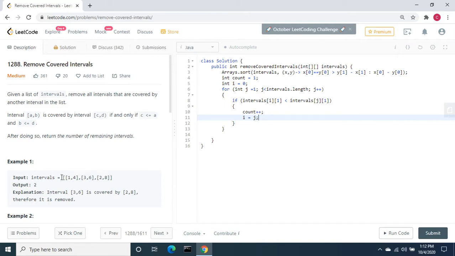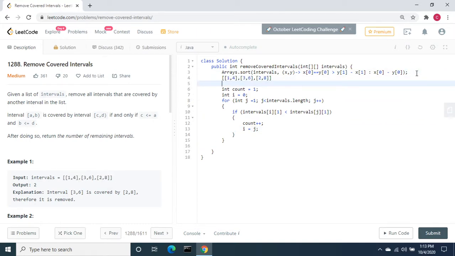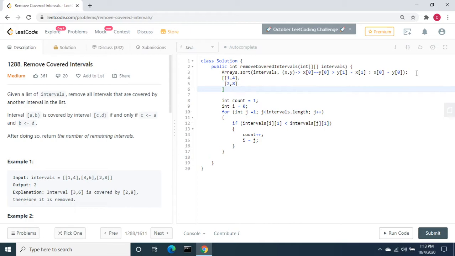Let me explain this with the example. After sorting, it will be like this. Here the index i equals 0, then j equals 1 the first time. Interval 0, 1 is 4 and interval 1, 1 is 8.